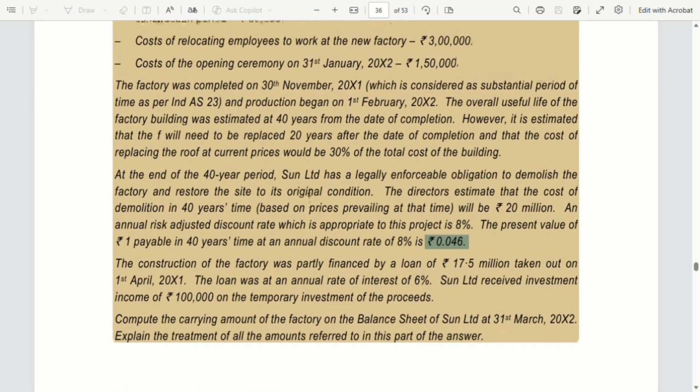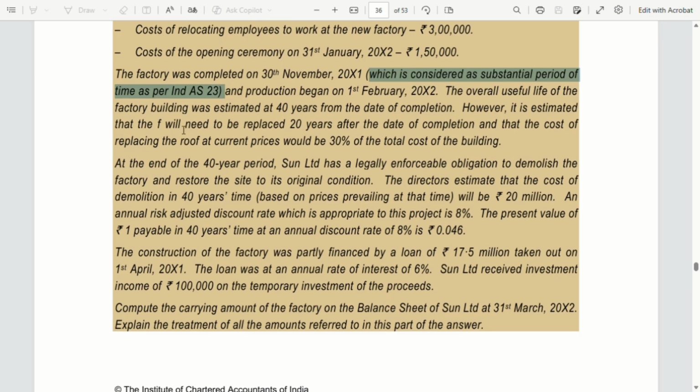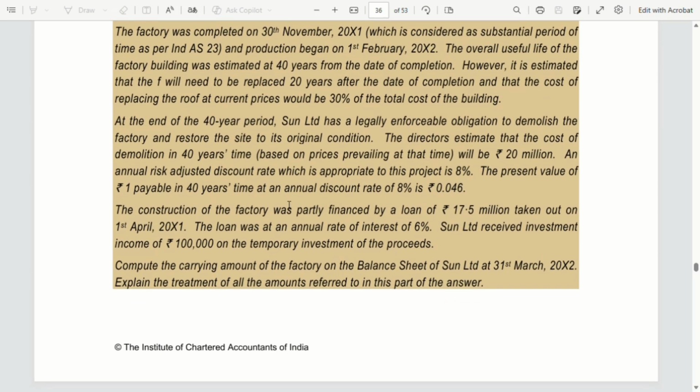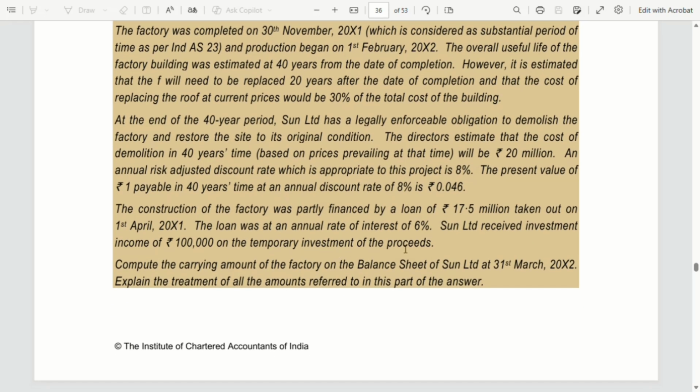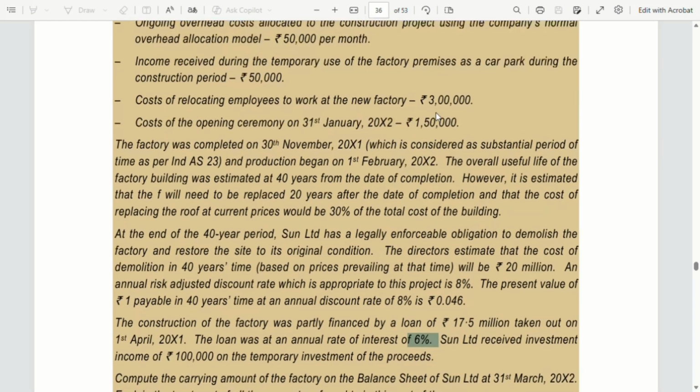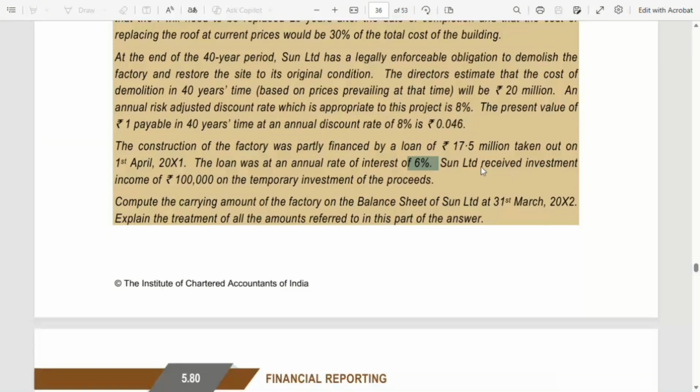देखो यहाँ पे जो है ना, यहाँ पे ऐसा बोला है कि देखो ये लाइन इंपॉर्टेंट है, ये असेट है उसको सब्सटेंशियल टाइम लगा है बनने के लिए, तो एज पर इंडियस 23, तो हम लोग क्या कर सकते हैं, हम लोग बोरोइंग कॉस्ट इसमें इंक्लूड कर सकते हैं। The loan was at the annual rate of 6%, तो 6% के हिसाब से इंटरेस्ट कैलकुलेट करके 7 महीने का हम लोग उतना इंटरेस्ट ऐड कर सकते हैं।